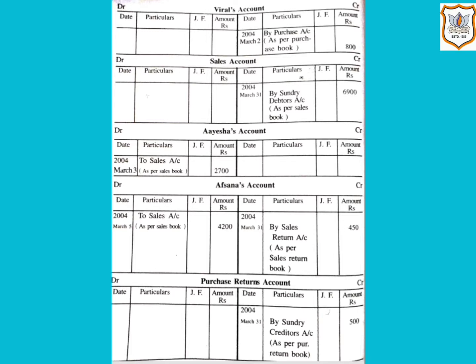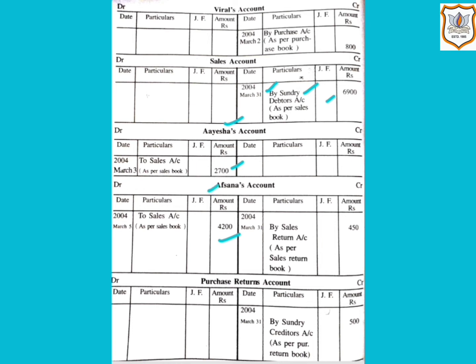6900 will be credited to the sales account. In particular column, we will write by sundry debtors account. We will also enter date, that is March 31st. Then 2700 will be debited to debtors, that is Aisha's account, and 4200 will be debited to another debtor, that is